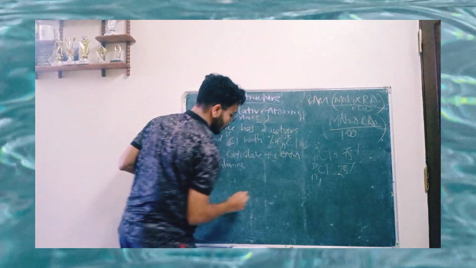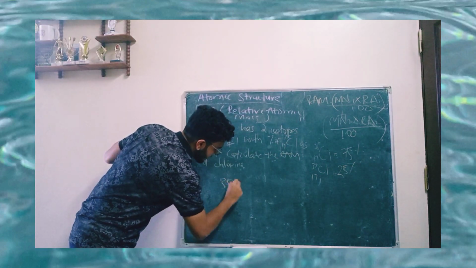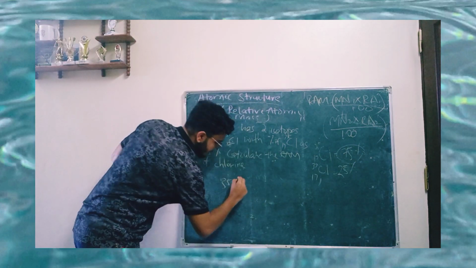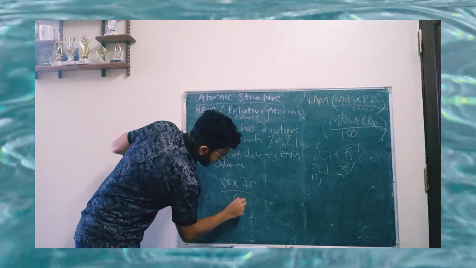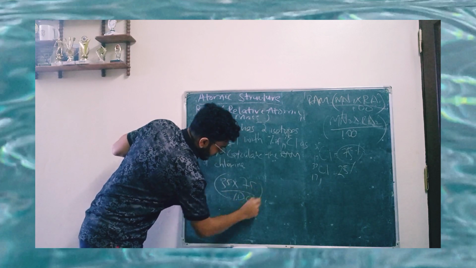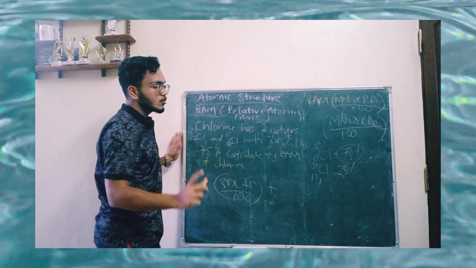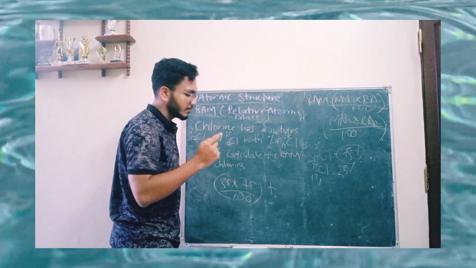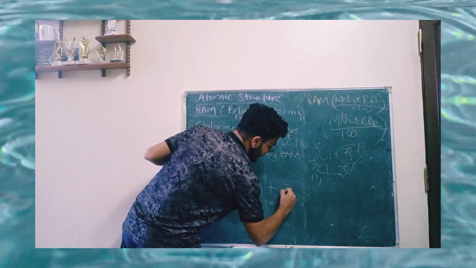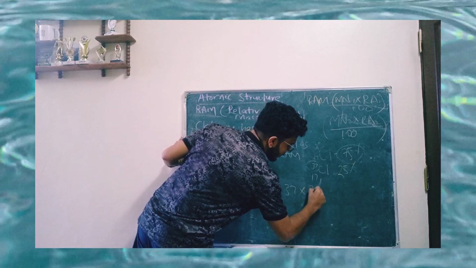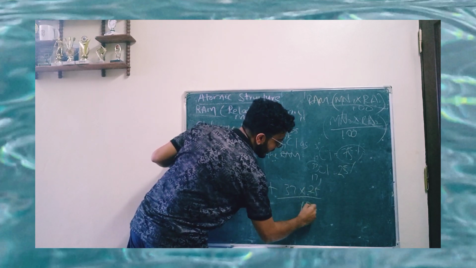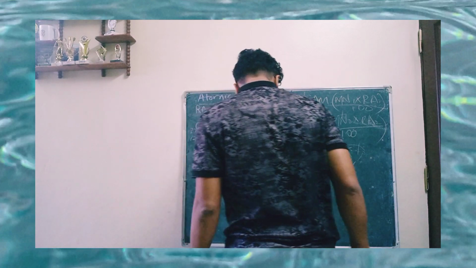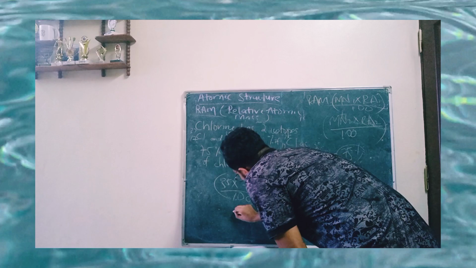So mass number 1 you will use as 35 times relative abundance 1 of the most abundant isotope, which is 75 over 100, plus mass number 2, which is 37. You won't look at the atomic number 17, no, you will look at the mass number. So mass number 2 is 37 times relative abundance 2, which is 25 all over 100. Now if you calculate this, you will get 26.25